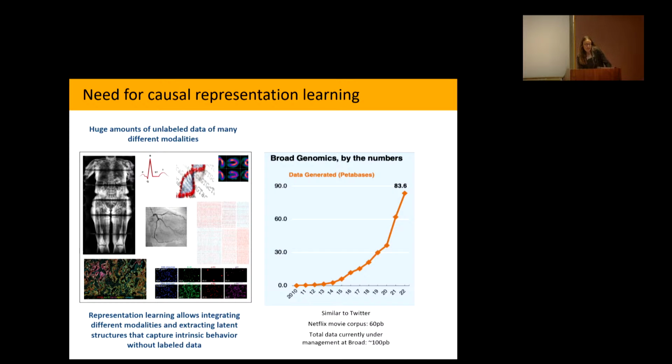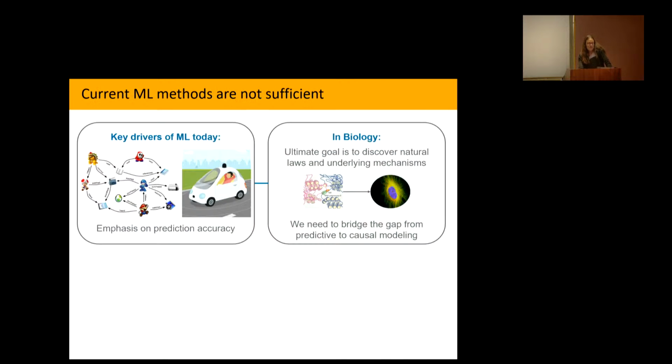But at the same time, although we have this huge explosion of data, and this is just one modality, as I said, there are all these other modalities. If you're thinking about what are the key drivers of machine learning today, it's still not biomedical sciences. It is still application areas like online advertising and recommender systems and maybe robotics, self-driving cars, computer vision types of applications. And that's what leads to all the foundations of machine learning, and of course has been super successful for a lot of different prediction tasks.